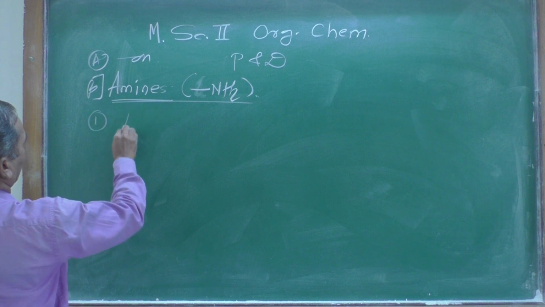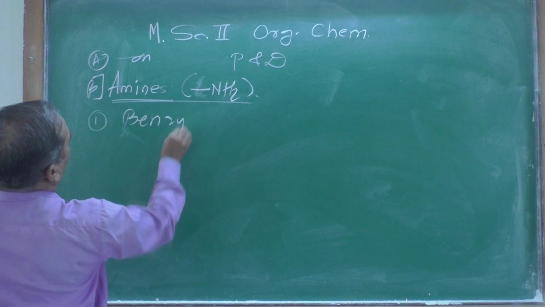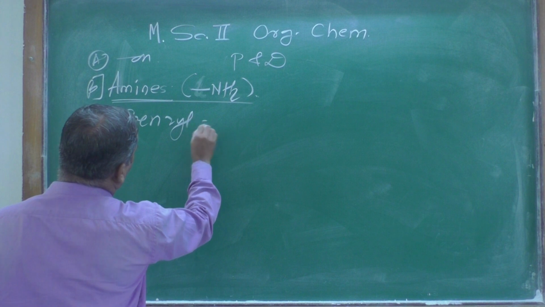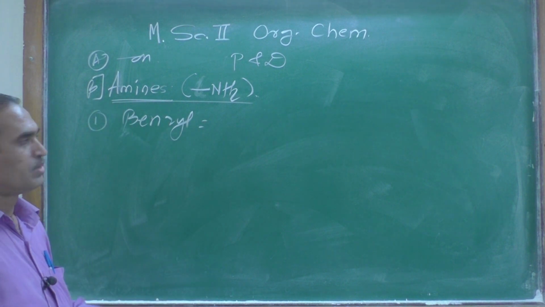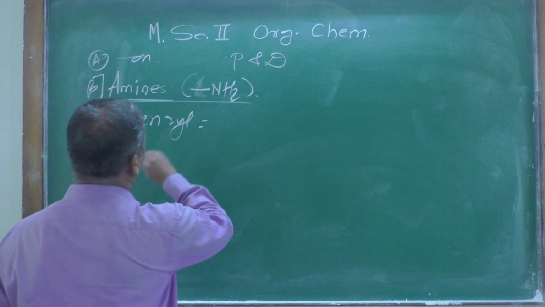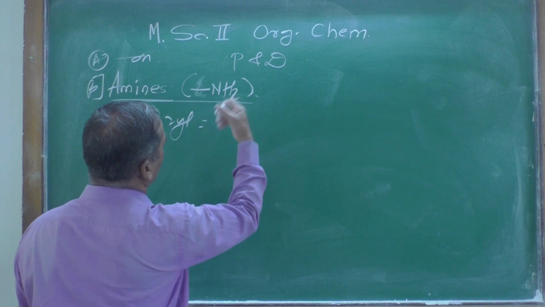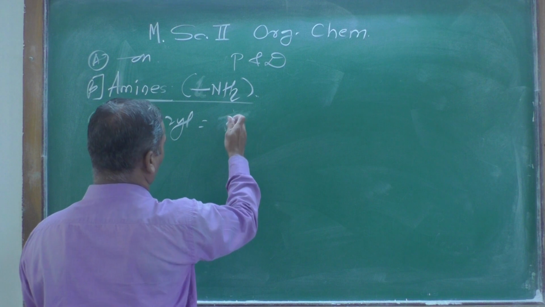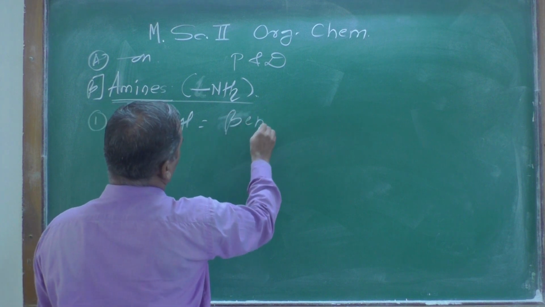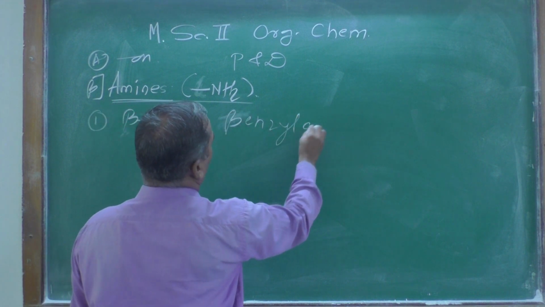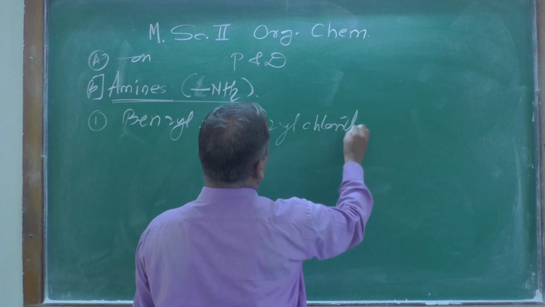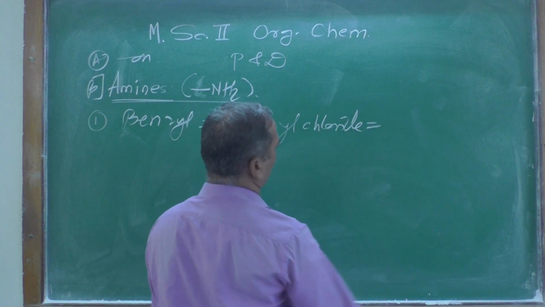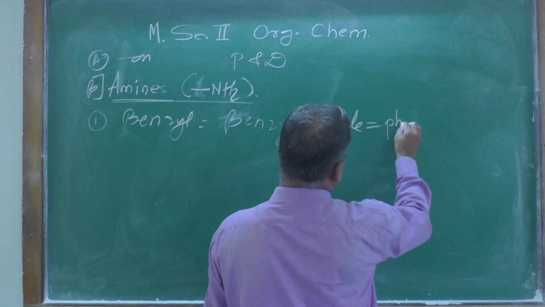First one is benzyl. Generally we know that benzyl is nothing but benzyl chloride. Benzyl is a group; benzyl chloride is what we generally use, and in short we can write Ph,